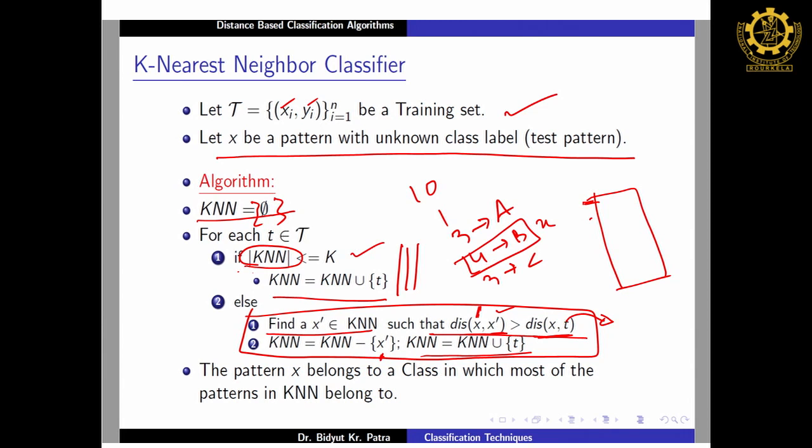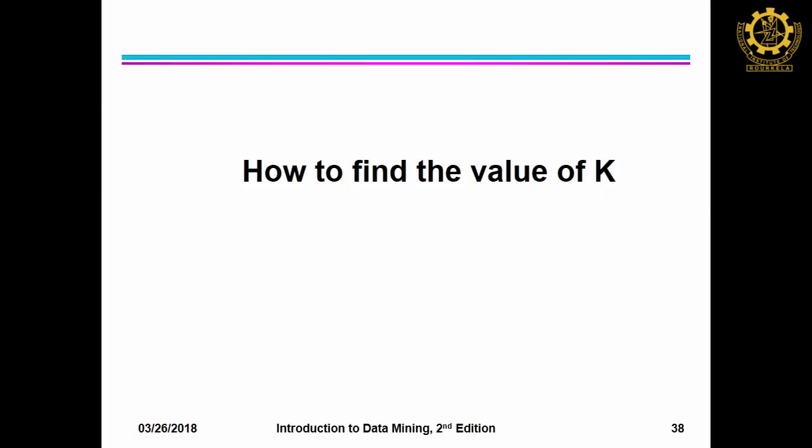Then the complexity for a single point will be order of n, and for n points it will be order of n square. One important thing, we are talking about the k nearest neighbor. You take the k value not 1, but 2, 3, 4, 5, and as I said, it cannot be beyond 50, or beyond 1000 and so on. But what is the k value? As you see, it is very sensitive,